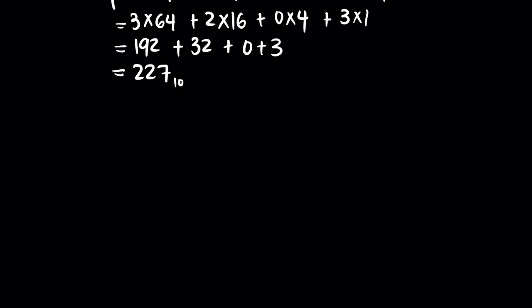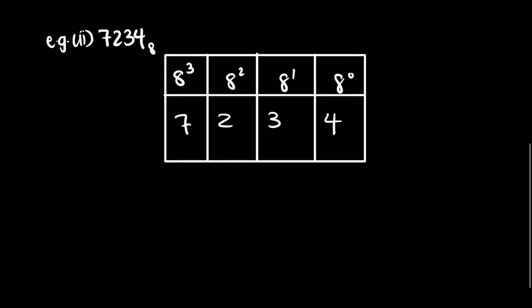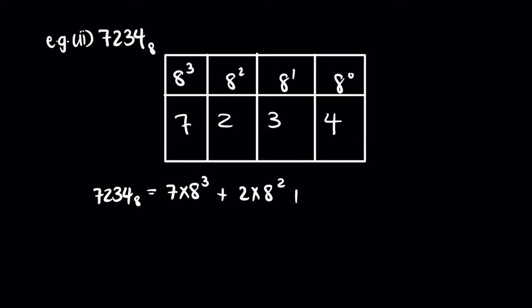Second example, 7,234 base 8. Again, we write our place values and then place our respective digits. We get 7 multiplied by 8 to the third power, plus 2 multiplied by 8 to the second power, plus 3 multiplied by 8 to the first power, plus 4 multiplied by 8 to the 0 power, which simplifies to